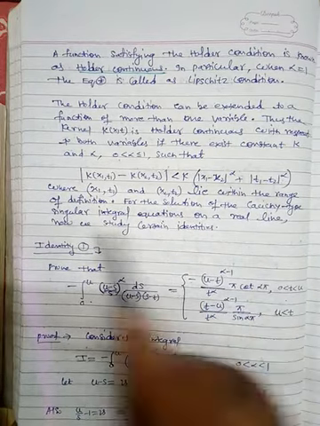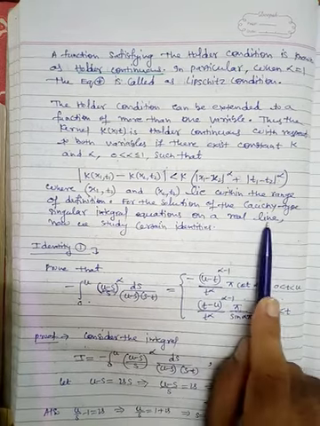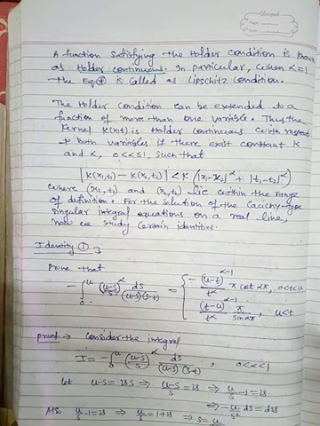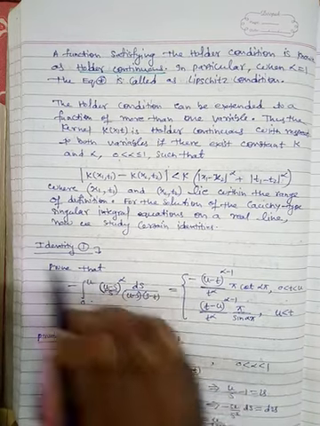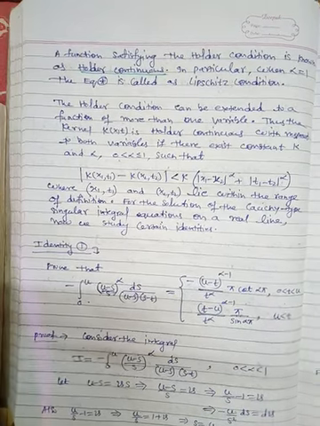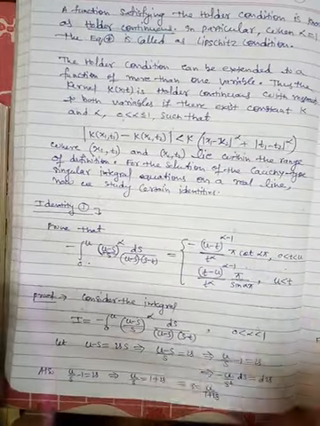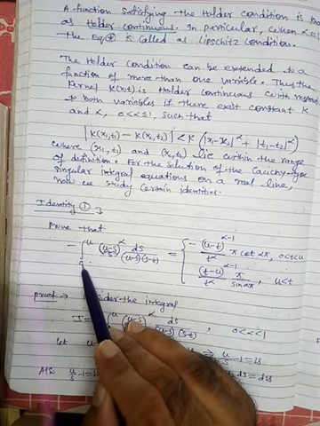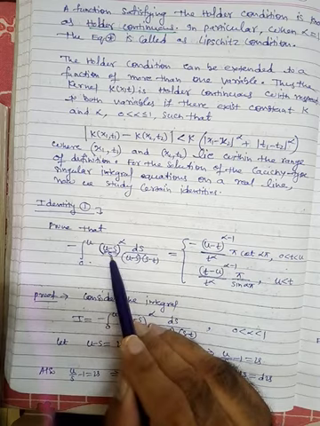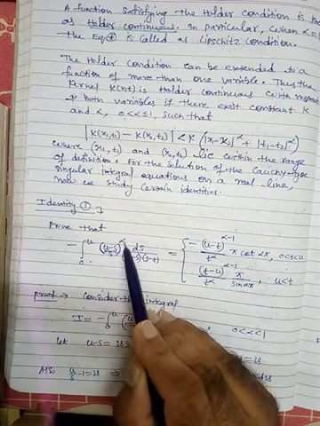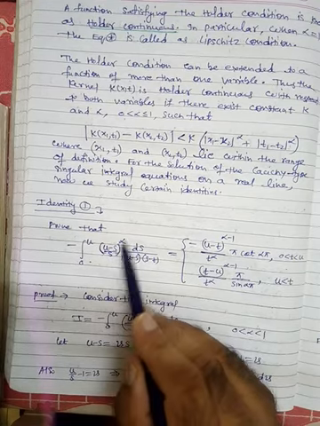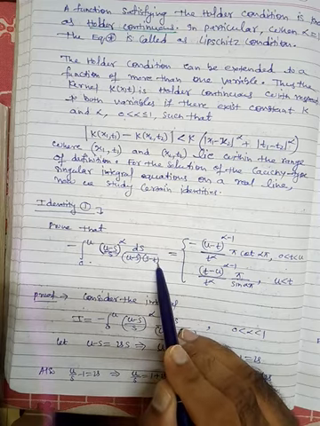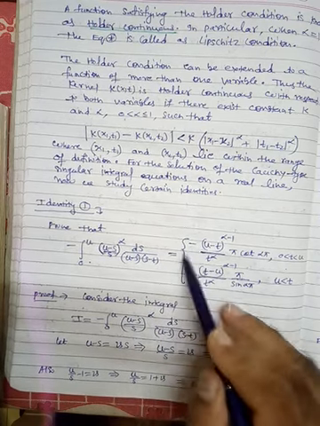For the solution of Cauchy type singular integral equations on the real line, now we study certain identities. So we will need some identities to solve this. So first we have identity number 1. Identity means just like a direct formula. Fine. So prove that the principal value integral from 0 to u of ((u minus s) divided by s) whole raised to the power alpha, ds divided by (u minus s) multiplied by (s minus t), is equal to, so we have two parts.